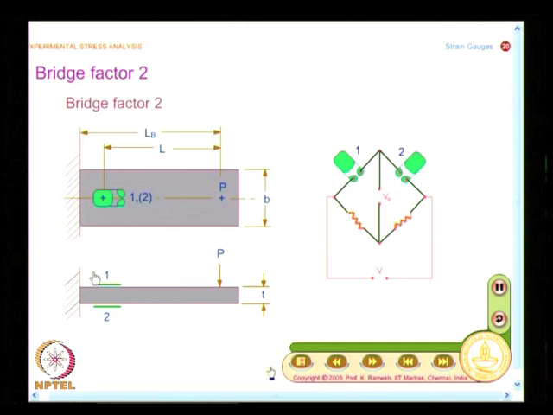For any load I will have 0 strain. You should not think that my strain meter has gone bad, it is not so. It is how you have connected the strain gauge to the Wheatstone bridge. It is also equally important. See, in strain gauge instrumentation, how you place the strain gauge and how they are connected in a Wheatstone bridge, both are important. See, in most of the strain measurement scenarios, what do